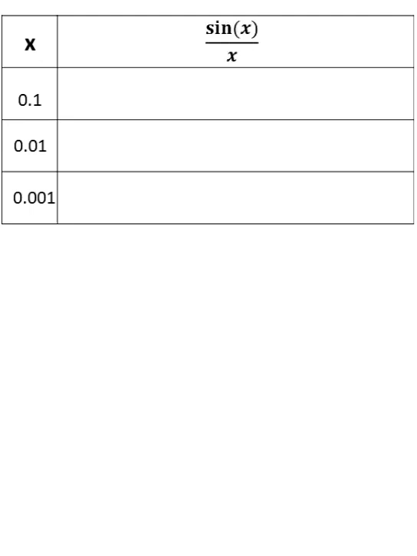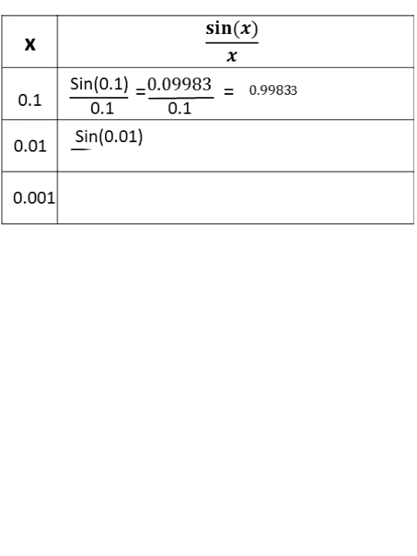In this case, when we substitute the first value of x in the function, we have it as sine of 0.1 over 0.1 equals 0.09983 divided by 0.1, which equals 0.9983. Similarly, when we substitute the second value of x in the function, we have it as sine of 0.01 over 0.01, which equals 0.009983 divided by 0.01,